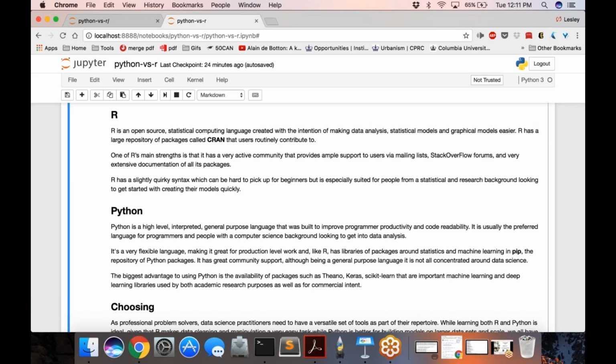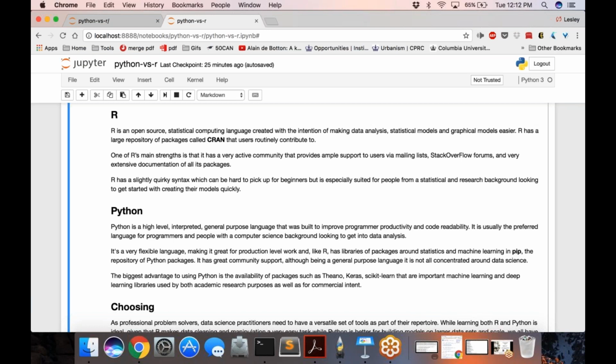And again, that's because R does have this weird, quirky syntax, versus Python is very readable, and there's just so much documentation and tutorials for Python. And there are definitely resources out there for R, but I think the community and resources backing Python for beginners are far better and more extensive.